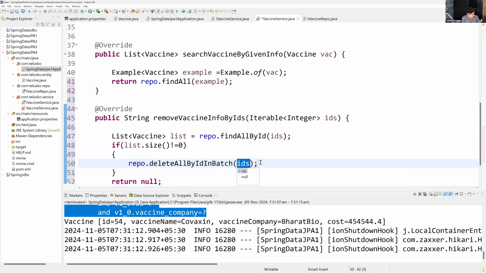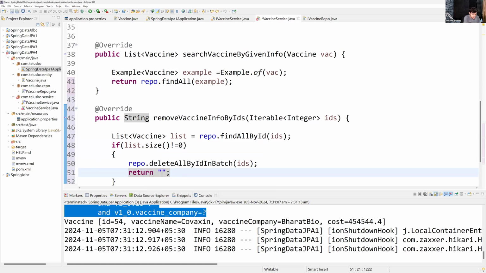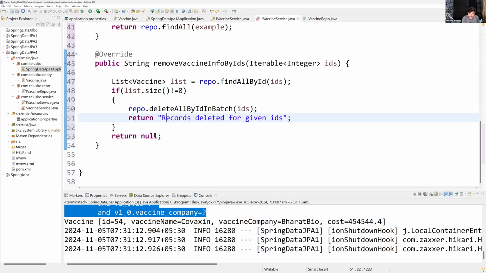I will pass all the IDs. It will delete and I will return one string: records deleted for given IDs. Else, I will just say here, unable to delete records. Okay. I would like to say right now, and the last example, whatever I have discussed, guys, whatever business logic I had developed there, it was like all the IDs,